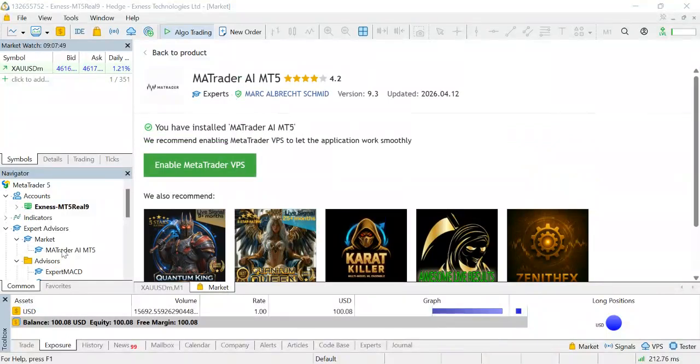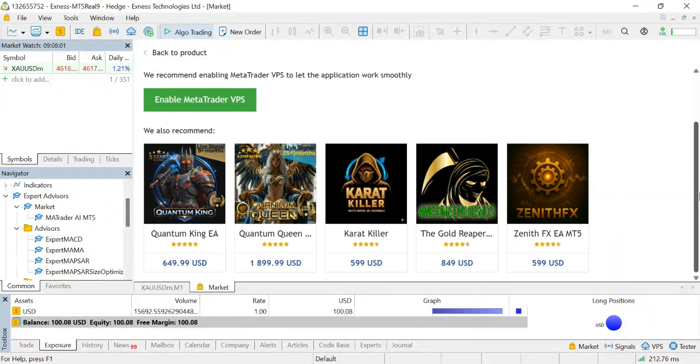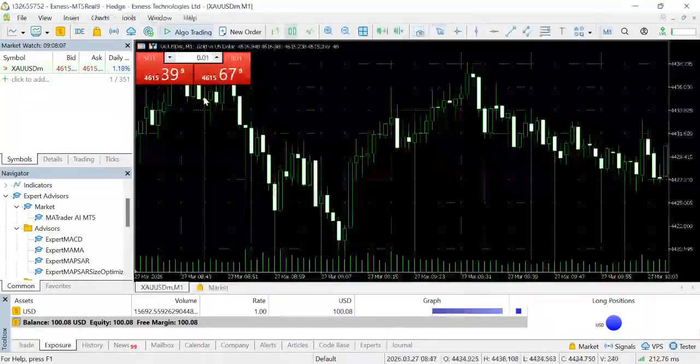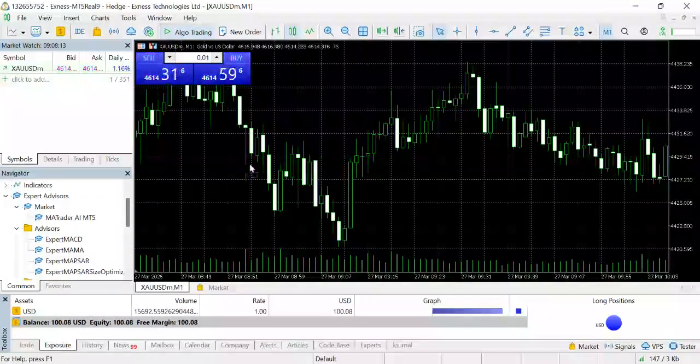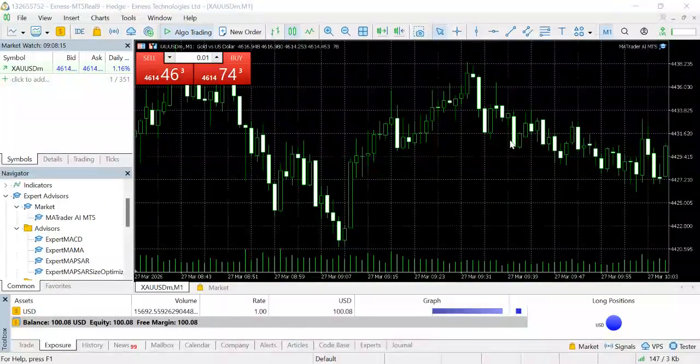Okay. So if you look to the left of the screen, you can see that the bot is downloaded already. So we want to go back to our chart so that I can install this robot to the chart and so that it will start trading. So you can see my chart right here. This is the gold chart. You can see the MA Trader here. So I'm just going to drag it and drop it. That's one way to do it. Another way to